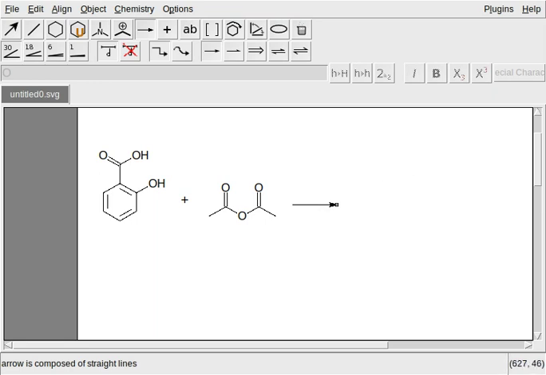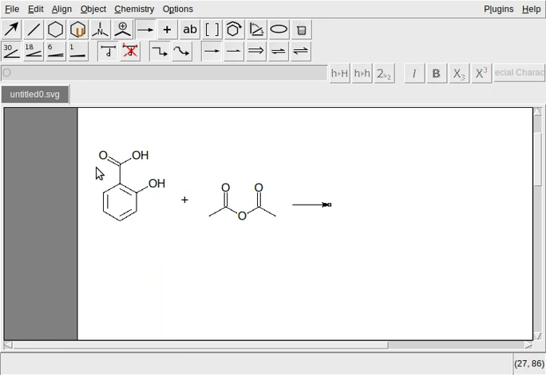We can shorten the arrow. It's too long for our purpose. Then we wanted this whole structure. We don't want to draw it again. How to do this is to select all this whole thing and make a copy of this and paste it somewhere, bring it to that particular right side position.